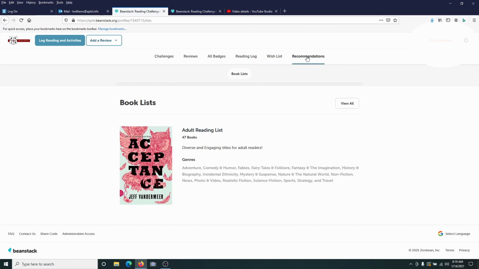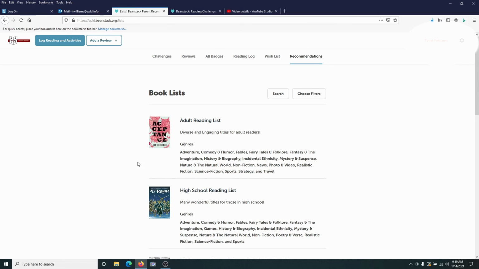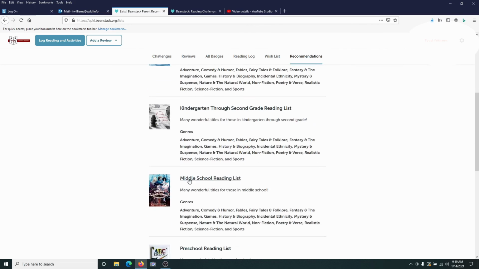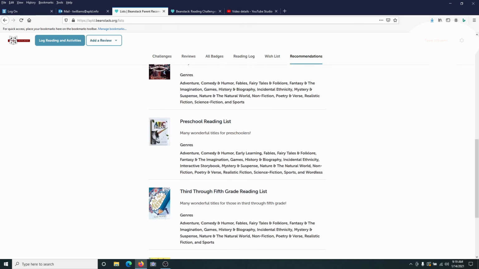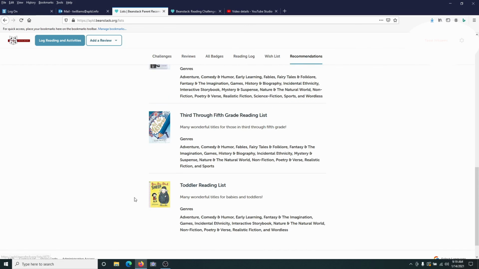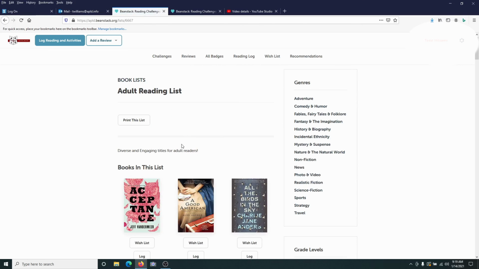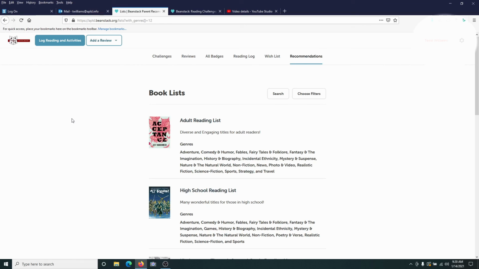And then recommendations, it will break it down according to categories that might be relevant for me. There's the adult reading list, there's a high school reading list, kindergarten through 2nd grade reading list, middle school, preschool, 3rd through 5th grade, toddler reading. So for me, I would go to the adult reading list, and it gives recommendations here, diverse and engaging titles for adult readers. So that's a basic rundown of how to register for the first time on